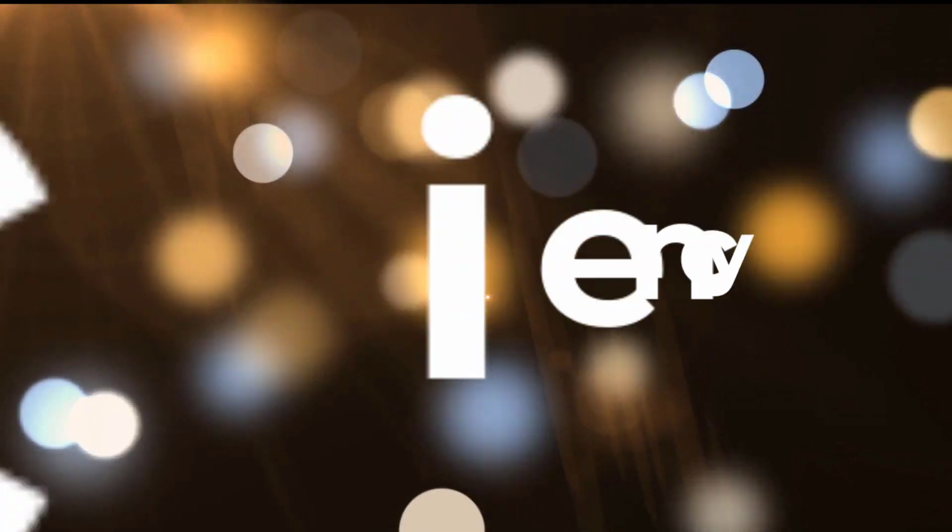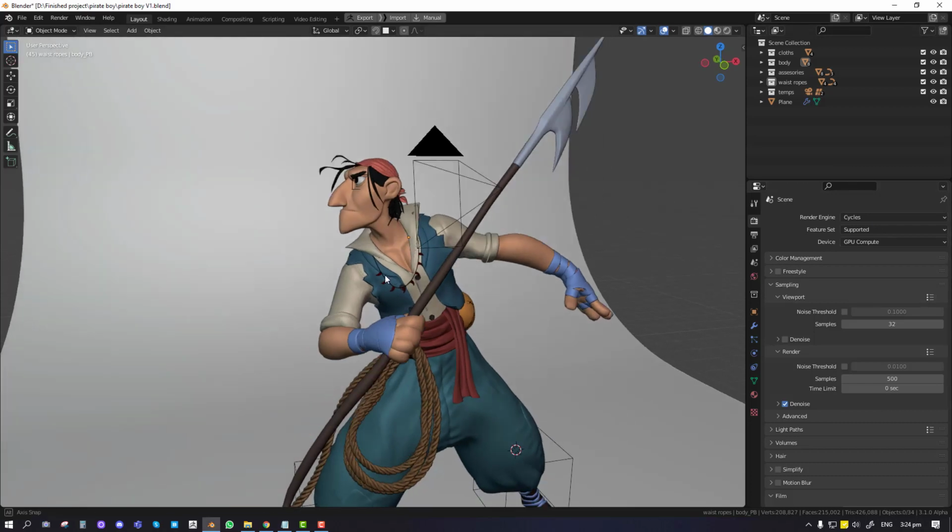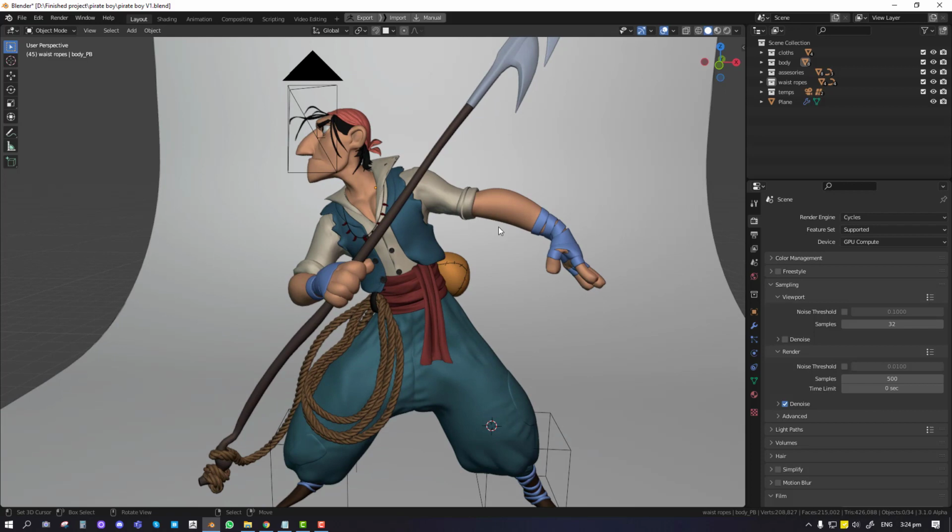In this next category, we're talking about how efficient it is to accomplish tasks. This is kind of related to the speed of use, but we're talking about how efficiently can you get a particular task done. So let's say we want to basically pose this character, we want to fix the pose.